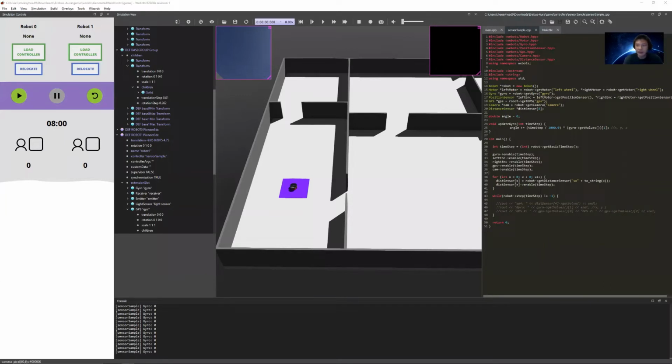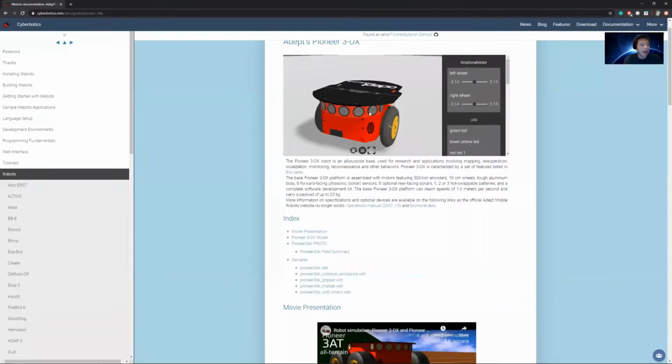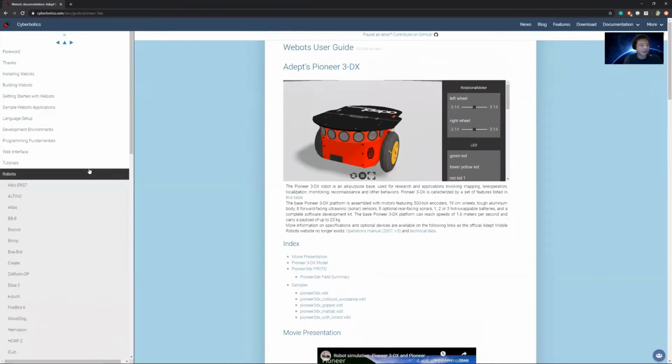Okay, so next we'll be talking about the ultrasonic distance sensors that are on the Pioneer 3DX. The Pioneer 3DX actually has 16 ultrasonic sensors, and how we know that is because, once again, if you look at the Webots reference manual, they have a page for every single virtual robot that they supply as a proto. So for instance, this is the Pioneer 3DX page on the Cyberbotics